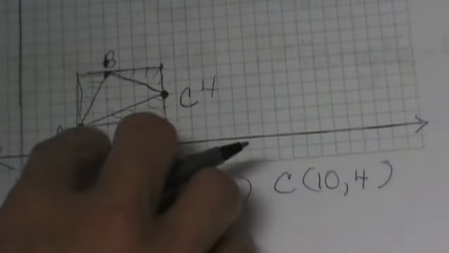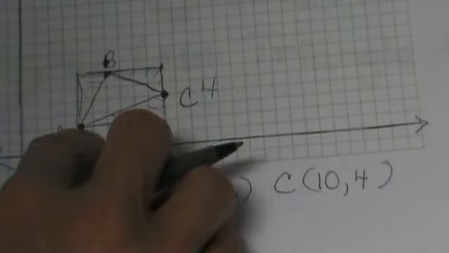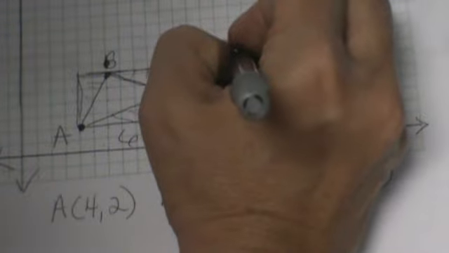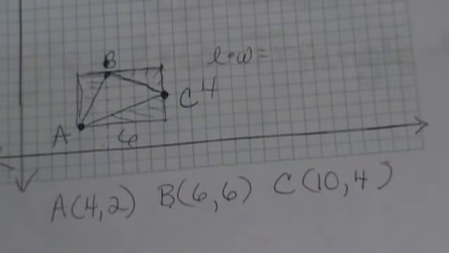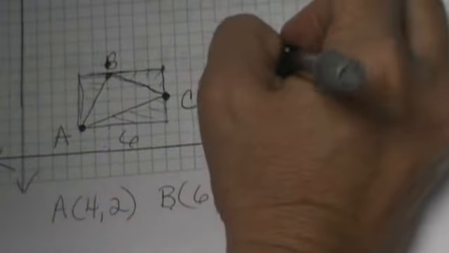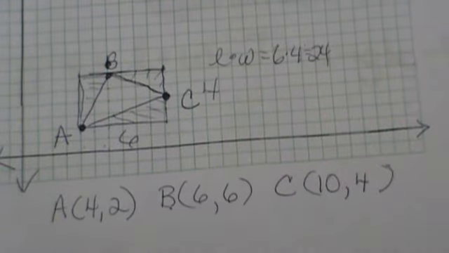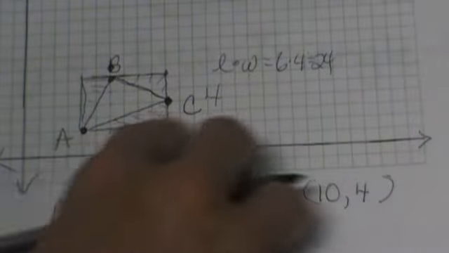Okay, so what we're going to do first is find the area of the rectangle, which we just talked about a second ago. What's the area formula for a rectangle? It's length times width. So I'm just going to go 6 times 4, so my area is 24, and that's the area of the whole rectangle.